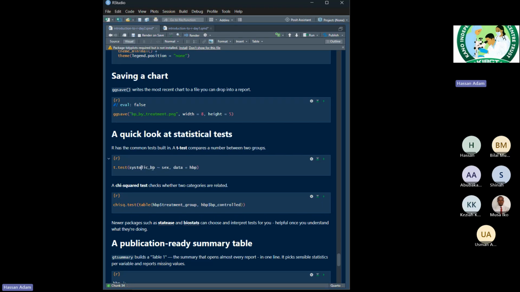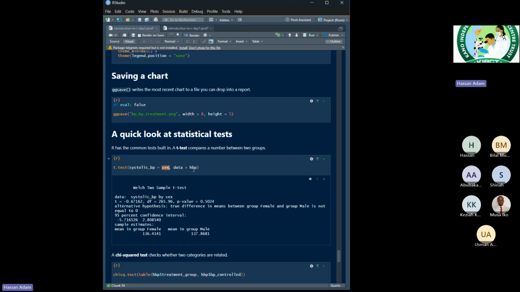So we put the continuous variable here, systolic blood pressure, and then this one is just its classifier, and then we put this tilde. So it will take male and female because this variable has two factors, male and female, and then a bracket, sorry, comma, then the name of the data set. So this will calculate the mean difference of systolic blood pressure between males and females, and it gives us our